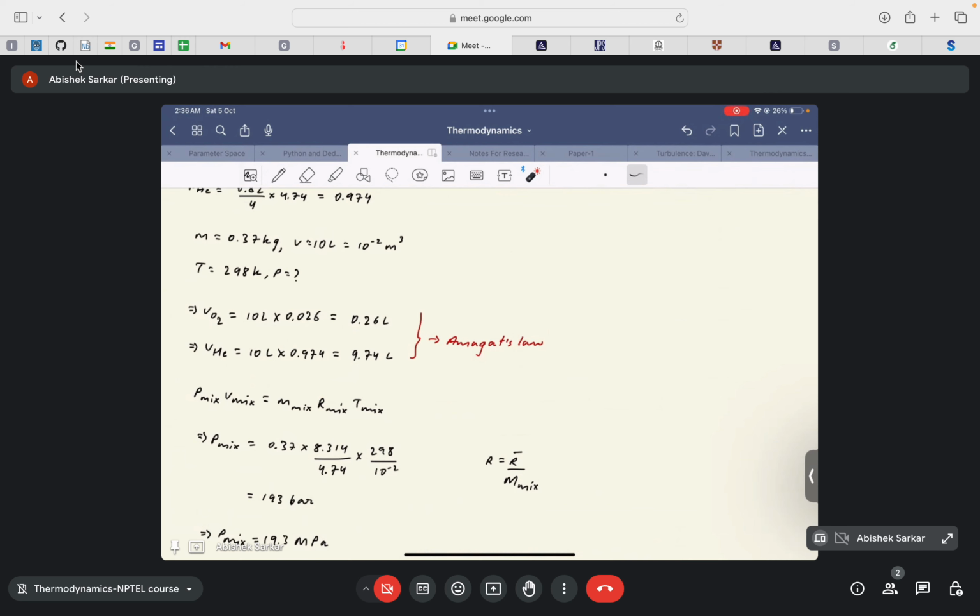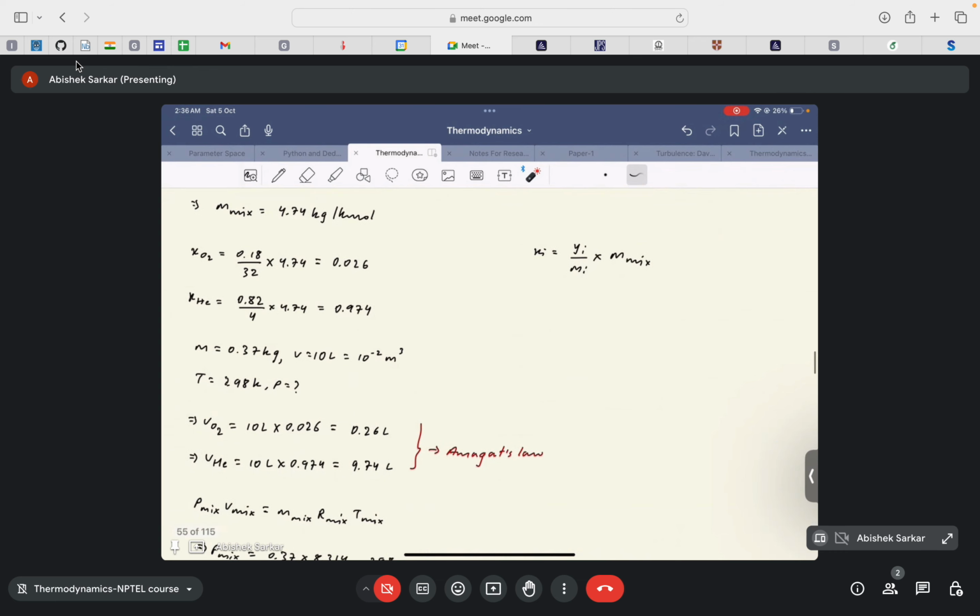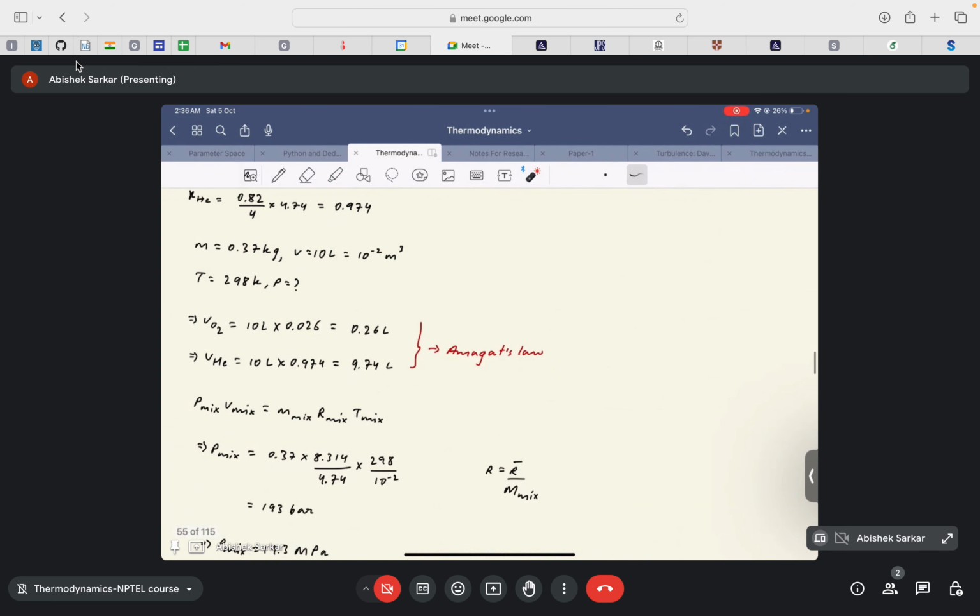Okay, for the mixture, not the oxygen or the helium, but the entire mixture of gas. The molecular weight of the mixture is 0.37. This is something that we already found out. And here, if we take the volume V mix as the denominator, you will get it as the